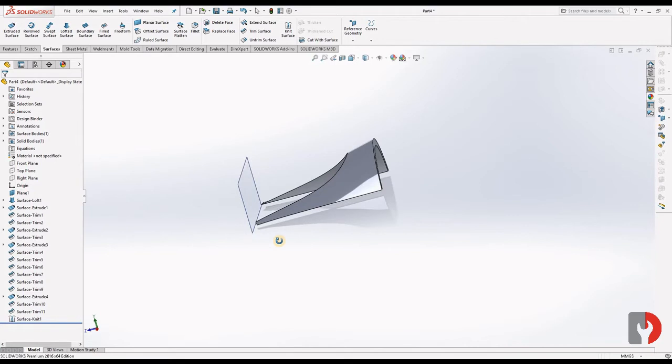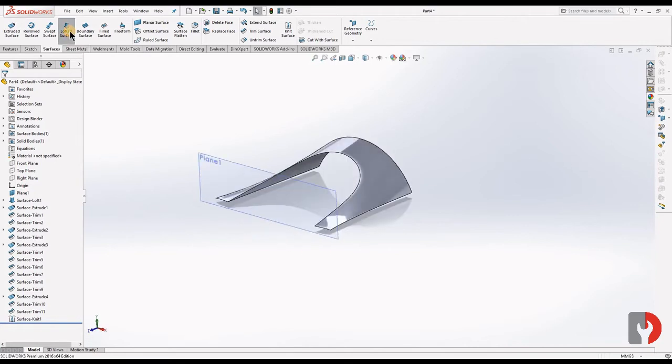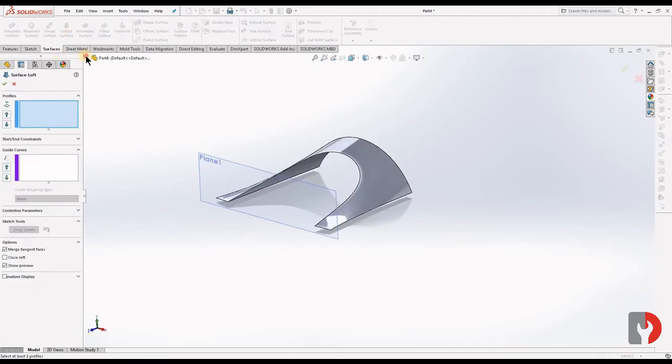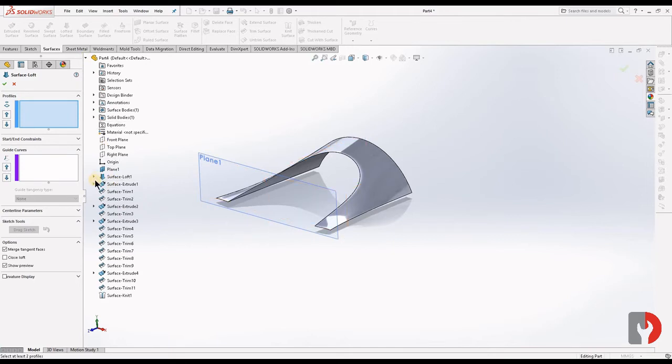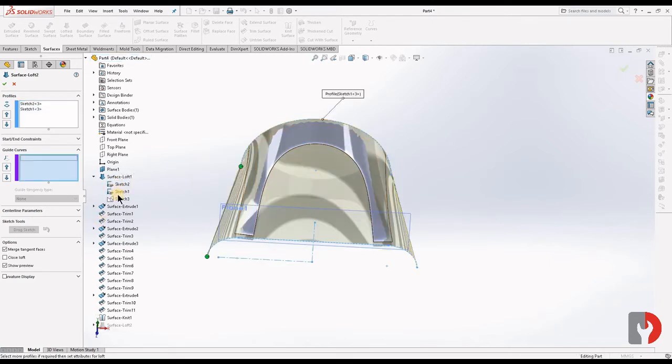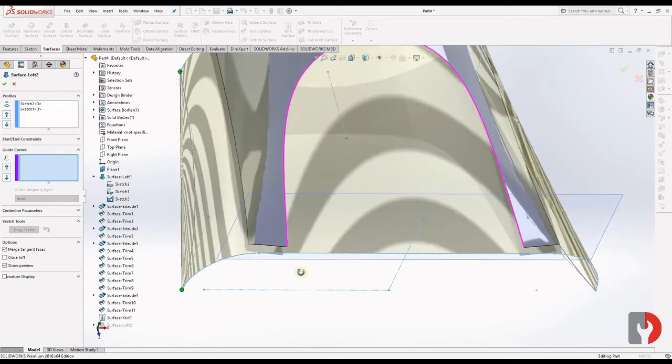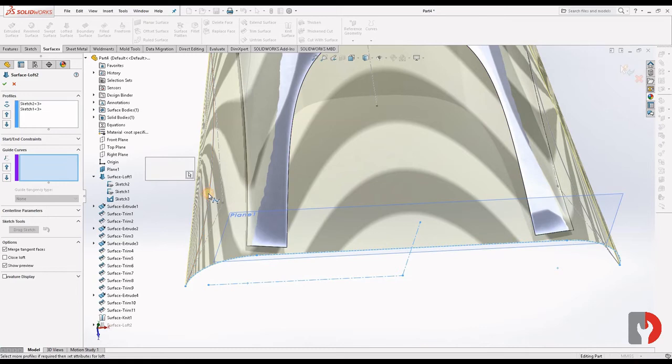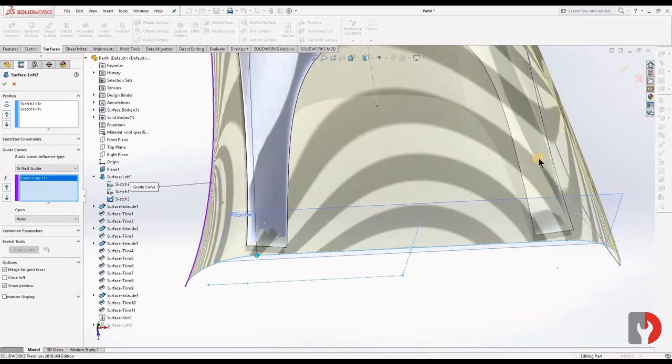Okay, now we will loft it again, lofted surface. Okay, select profile 1 and make the curves visible, and select the curves. Okay, first curve, second curve.